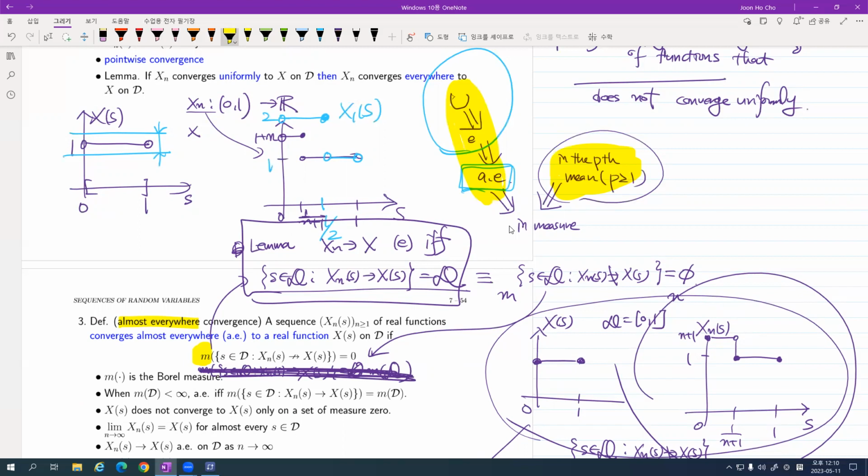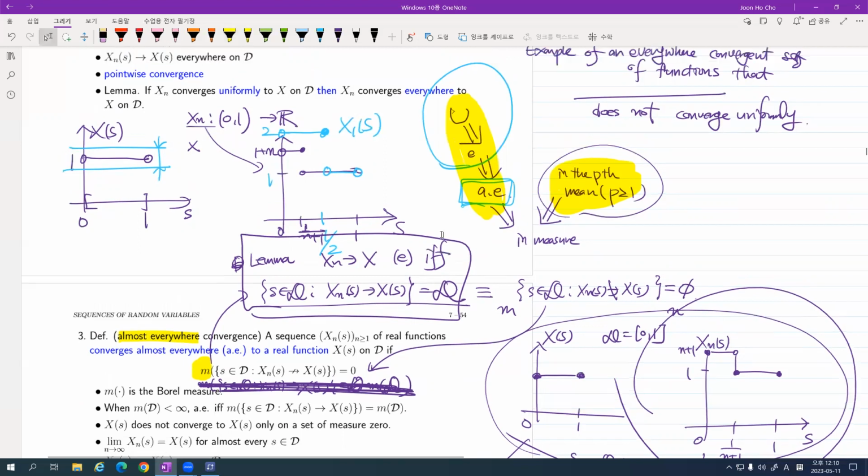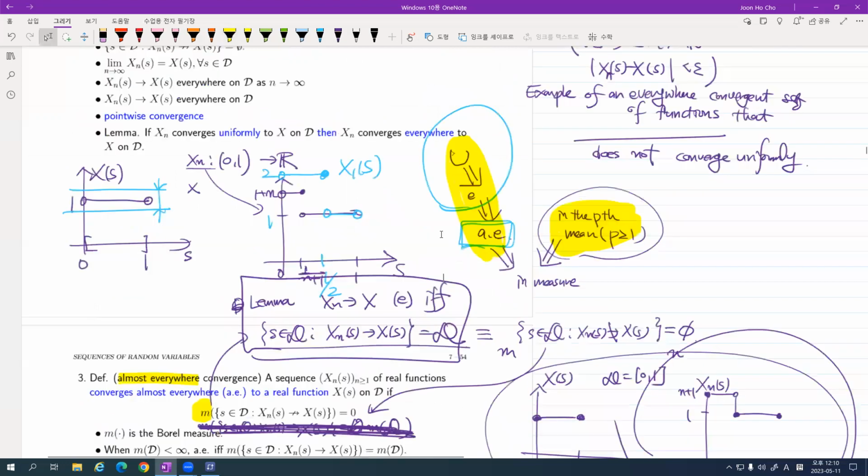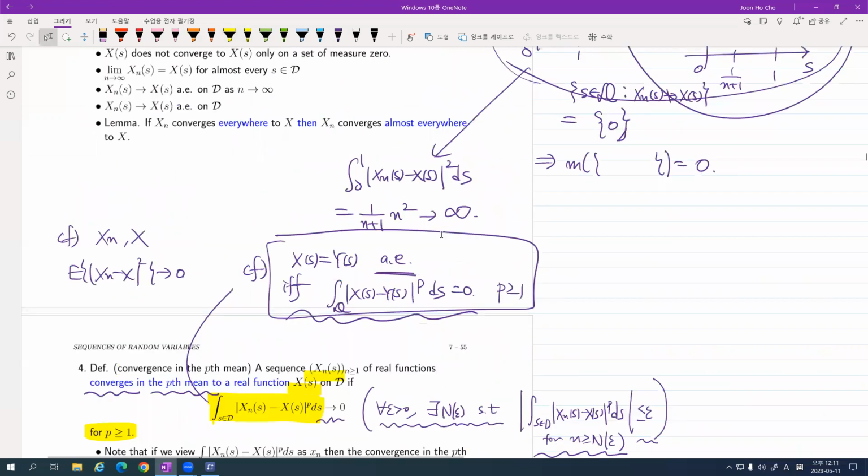Anyway, the last thing is another alternative definition of this one. And we remember for the almost everywhere equality, we had something equivalent. What was that? For every epsilon positive, we find the subset of D where X is different from Y, and we take the measure, and this is 0, right?